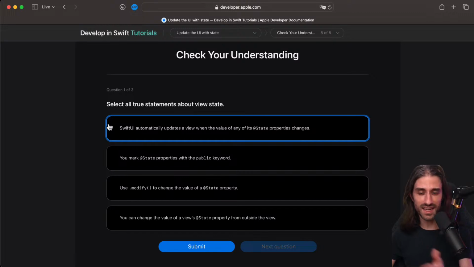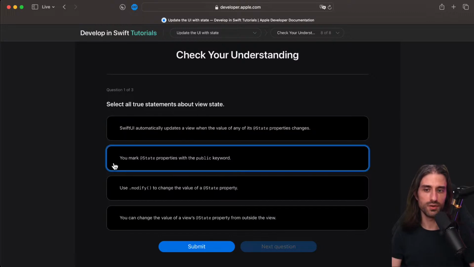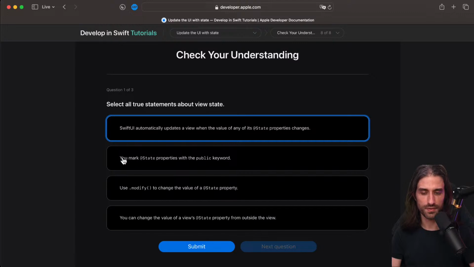But here, I guess, because they haven't gone into this level of detail, it's supposed to be true. If you use an app in iOS 17 with iOS 17 observability, then it's not always true. However, for you, it shouldn't make any real difference. It's more of a performance question than a conceptual question of how your view behaves. So this one should be true. You mark @State properties with the public keyword? No, it's the inverse. They should be private.